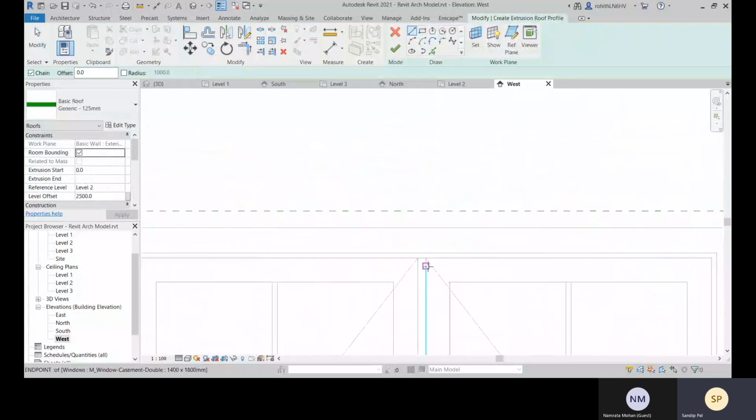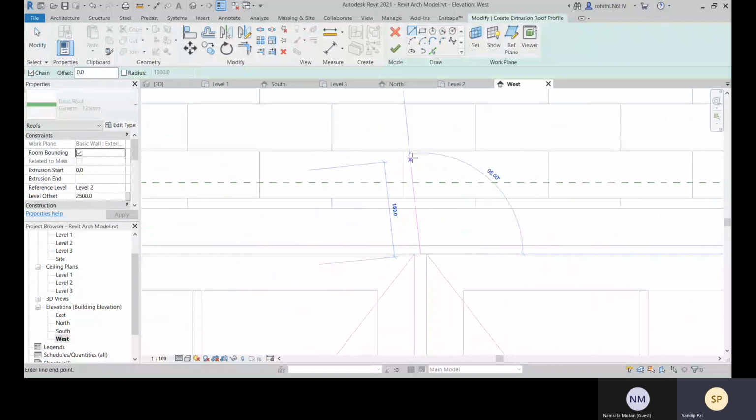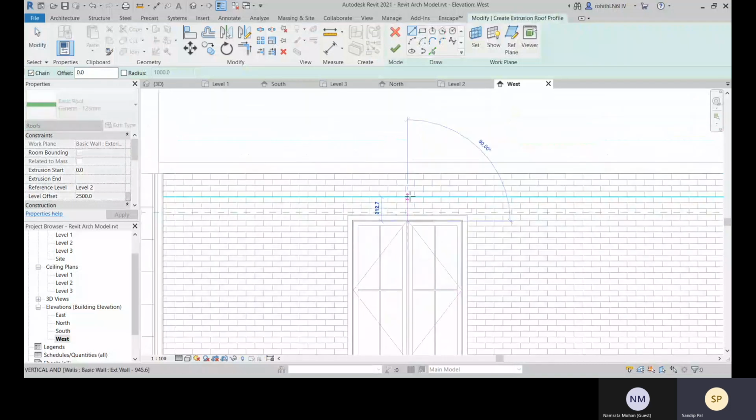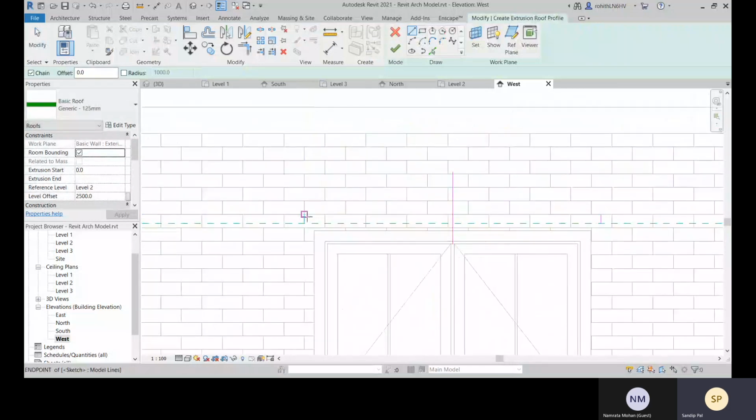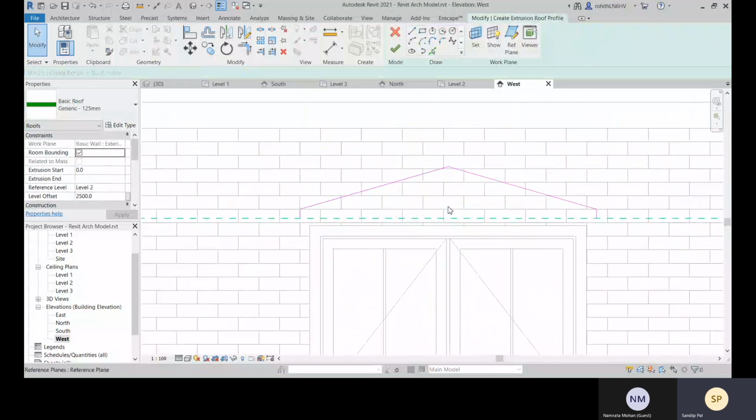So for that, let me create line from here. Let's just create one simple profile.